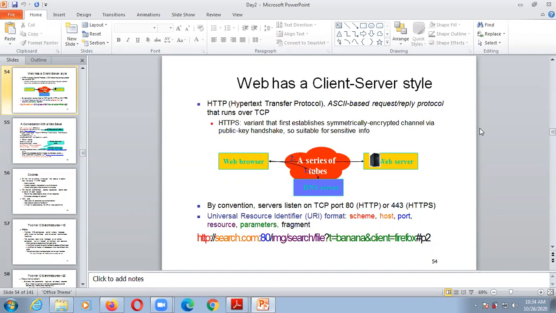So how can we access the web server? The user requests through the web browser using URLs. Then that request is processed by the web server. Then the web server responds to the web browser, that is, at the presentation. So this is the example for client server styles.